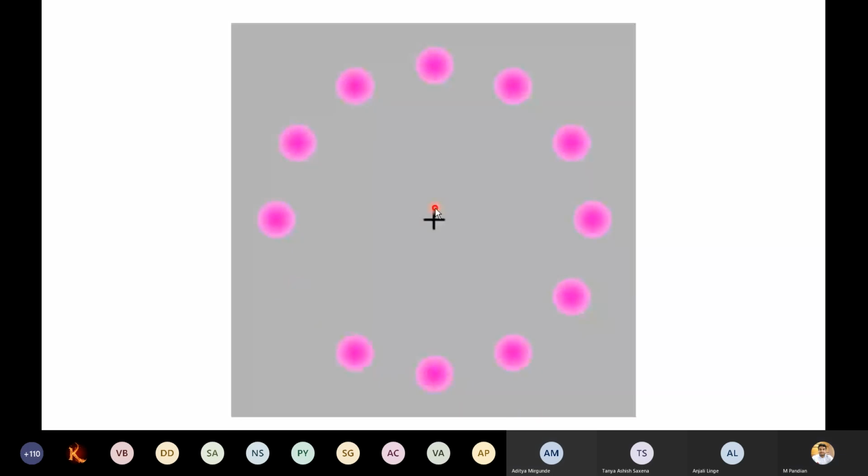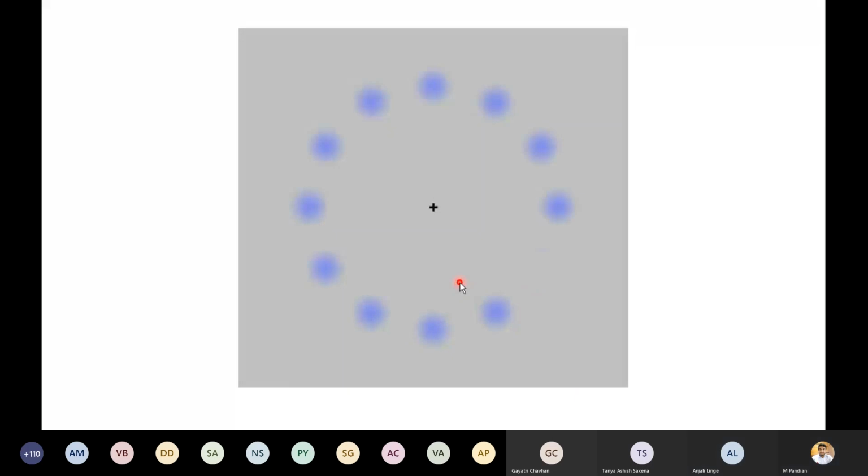Violet. Now you see the plus, just see the cross. Don't see the dot which is moving. Just stare at the plus and you can get the particular color. What color are you perceiving? Green. Exactly. So now you are getting green. These are the opponent colors of opponent theory. Now next, you stare at the cross and see what color you are perceiving.